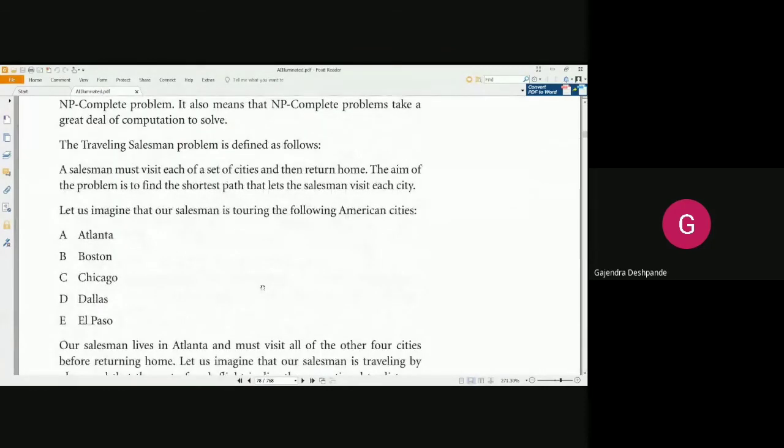Traveling salesman problem is an NP complete problem. That means it is very hard to solve, because if you want to solve it in polynomial time, then you need to solve it using a non-deterministic computer. If you try to solve it using a deterministic computer, then you may not be able to get the result, the system may hang, or it may take years to give you the result.